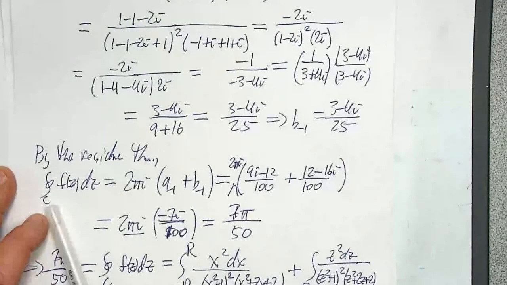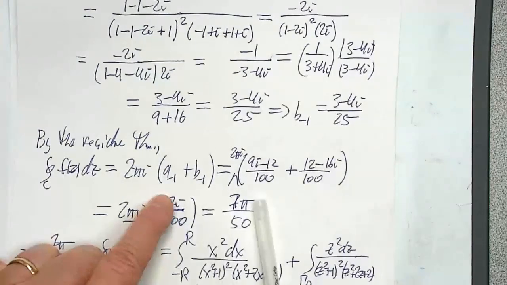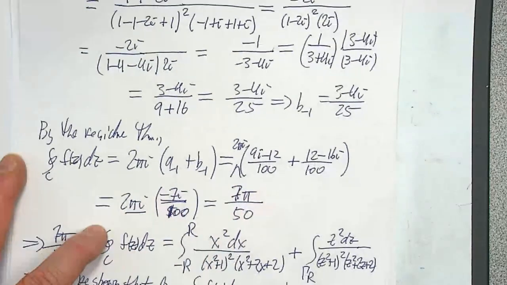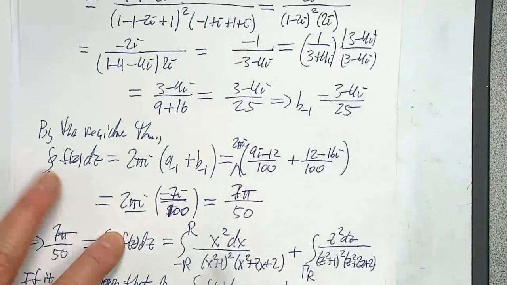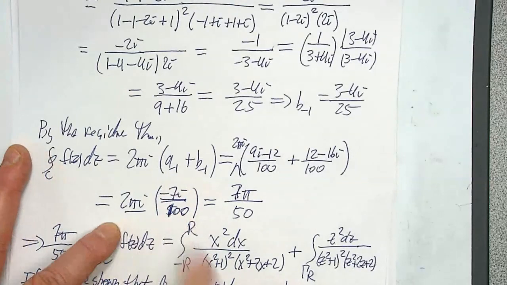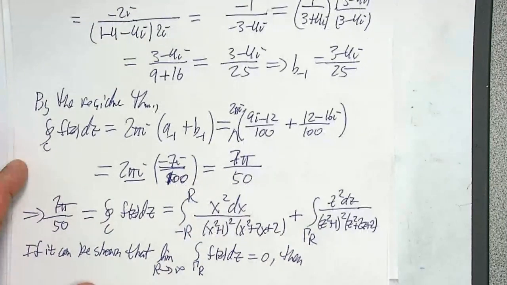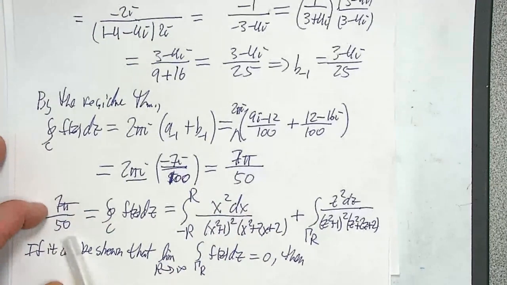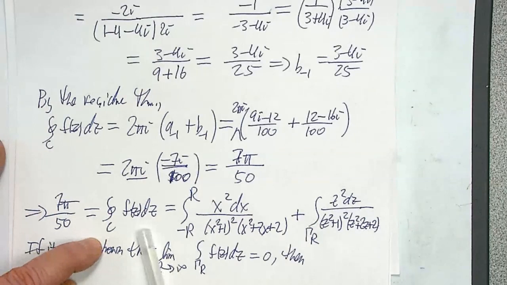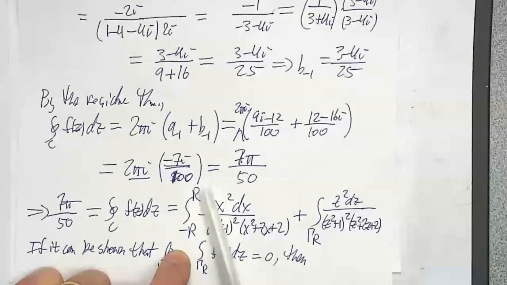So by the residue theorem, this integral here is 2 pi i times the sum of the residues, which we found to be these complex numbers. And that gave us a pure imaginary number, but since we're multiplying by 2 pi i, we actually ended up with a real number. And so that implies that this real number is equal to this complex integral, but that equals the sum of these integrals, where this is a real integral